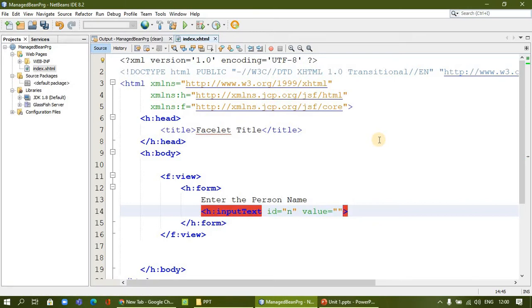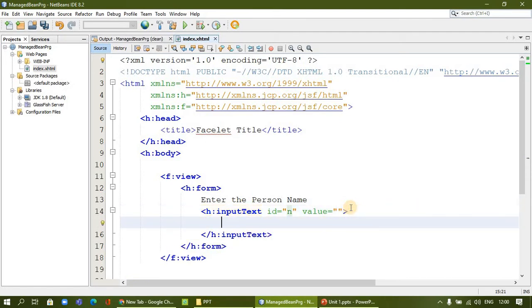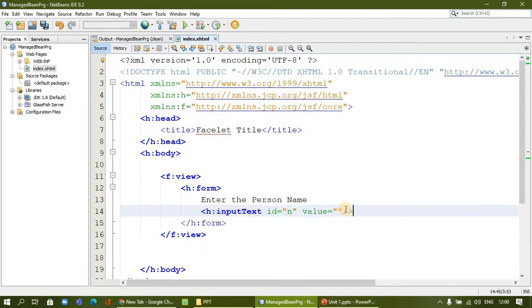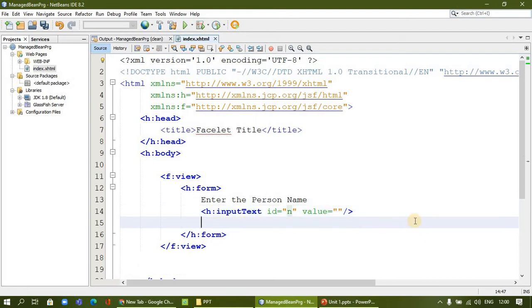If you say complete only like this, the end of the tag automatically appears, and you can select it and complete your code. At present I am not going to make any child event here. If you want to make any child event, you can make it. To simplify the code, I am using slash and completing my tag here.